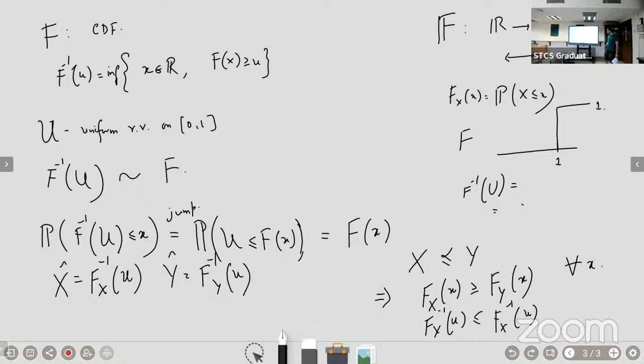Right. Am I clear that I'm done? Give me the punchline. These are the X hat, Y hat. Exactly. So for all U they are true. So with probability 1, it's true. So for this X hat and Y hat, this implies that